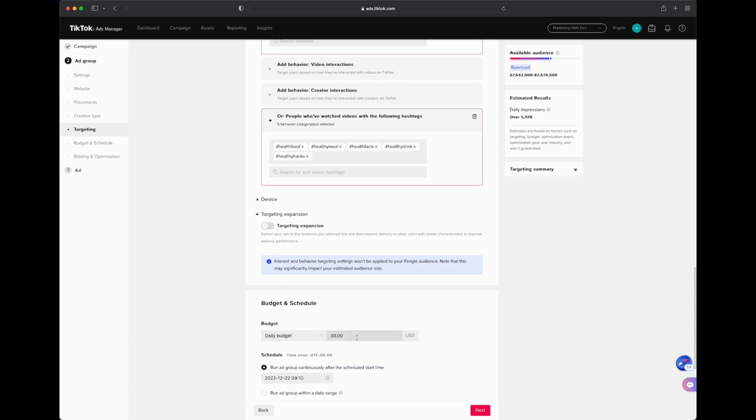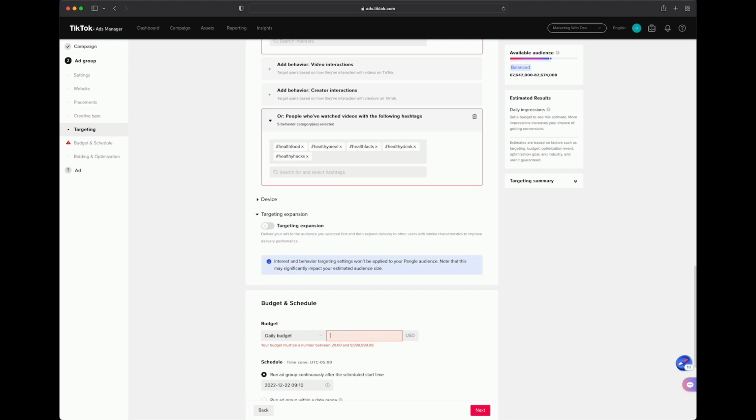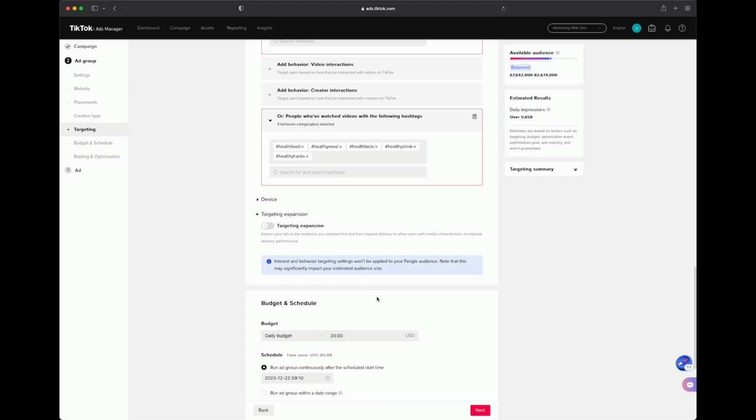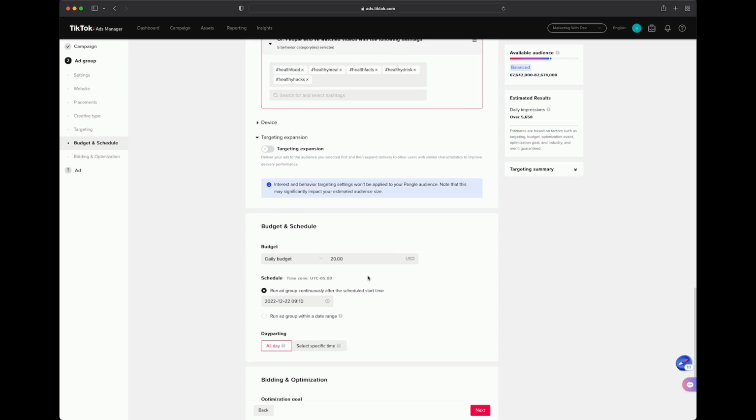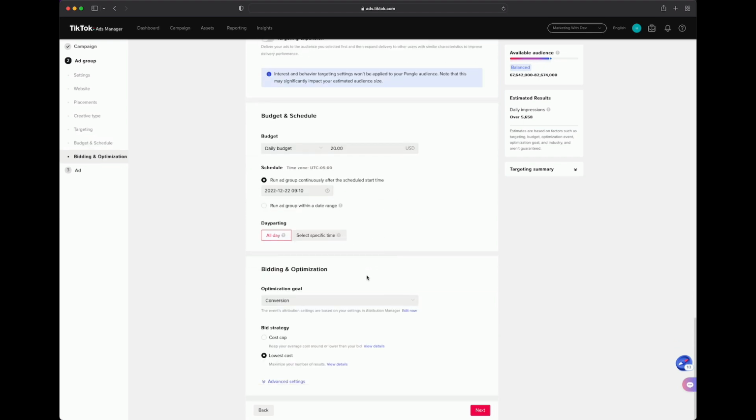So now we're getting down into daily budget, right? So let's see what happens if I try to have a budget that's less than $20. Right? So it says your budget must be a number between $20 and what is it? That's a big number. It's a lot of money right there. But exactly. So we can't have an ad set or an ad group that is less than $20. Right? So we're going to put this in at $20, and then we can select when we want our ad to be run, if we want to schedule it, or we can just go ahead and continue on with the